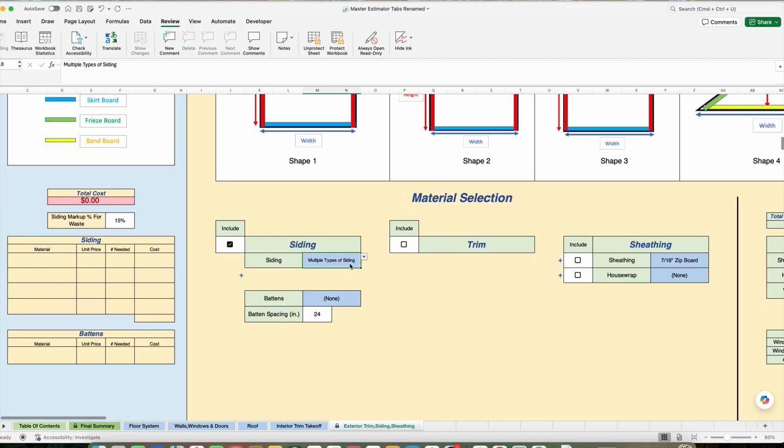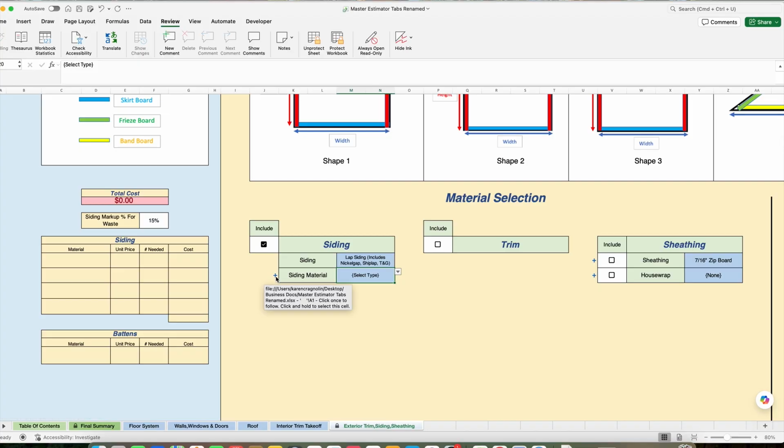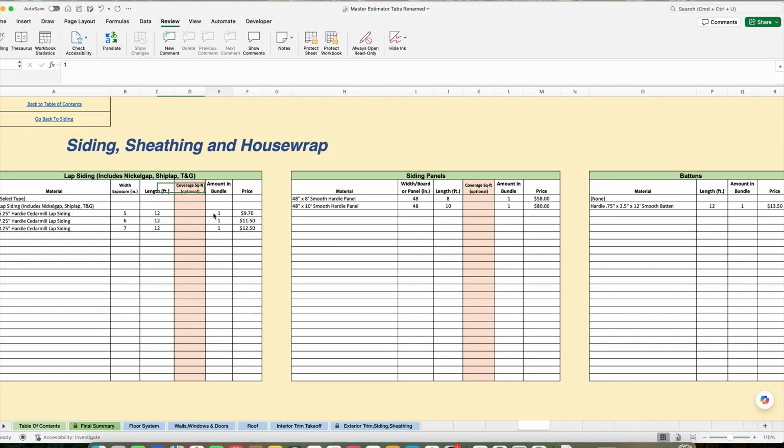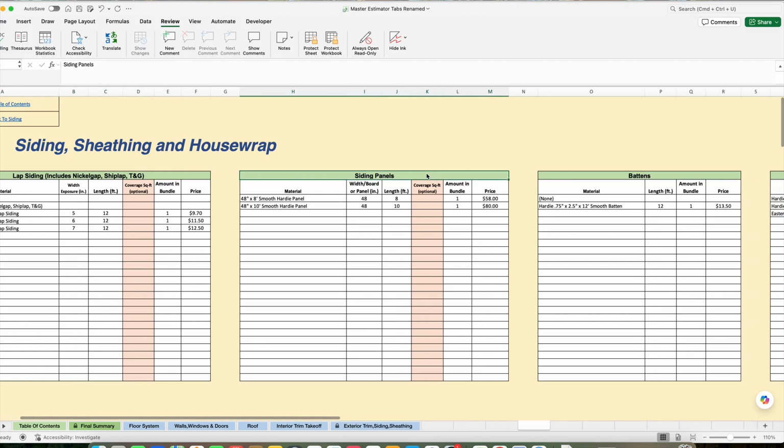Another thing: if you're going to add or change siding, once again, anytime you see a plus sign next to material, if you click that, this is where you can add siding, or change the price of the siding, whatever you want. So we have it broken up into lap siding here, and siding panels, which are a lot of times board and batten,